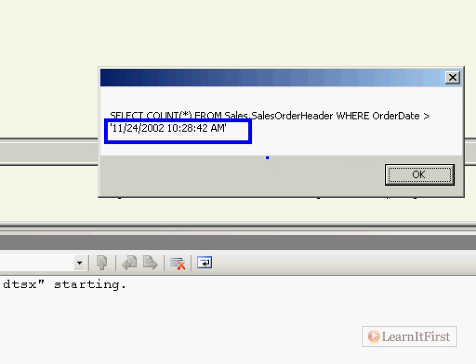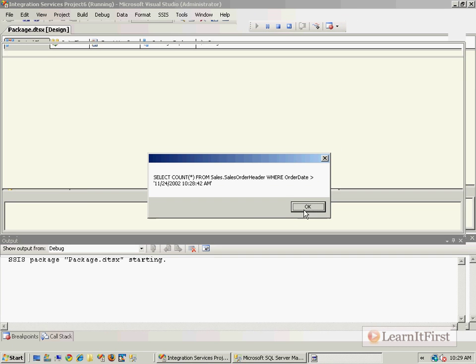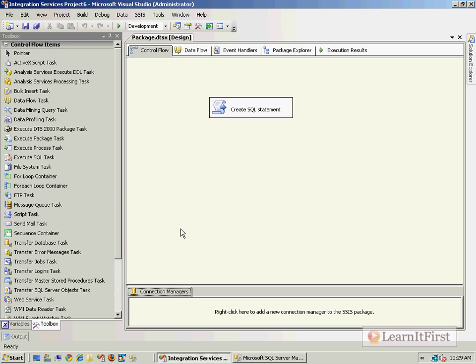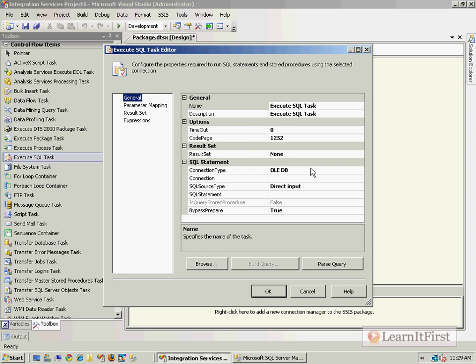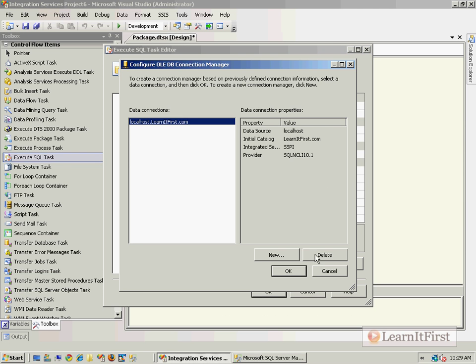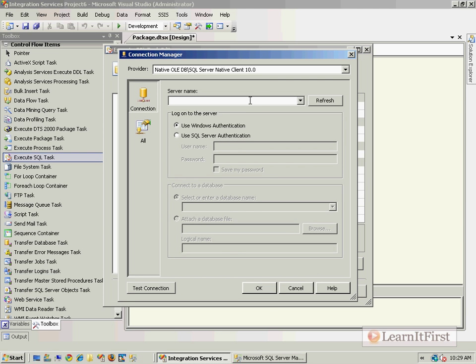Okay, and so this is a fine little SQL statement. It's going to return a single column, single row that returns the number of rows in that particular table. Okay, nothing spectacular, but it does show us how we can do dynamic SQL. So I could now come over to my execute SQL task, have it then execute. So I make my connection to my SQL server, and I need to use the AdventureWorks database